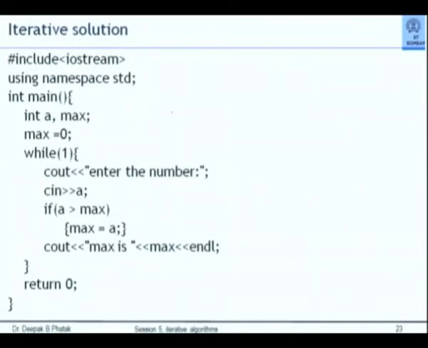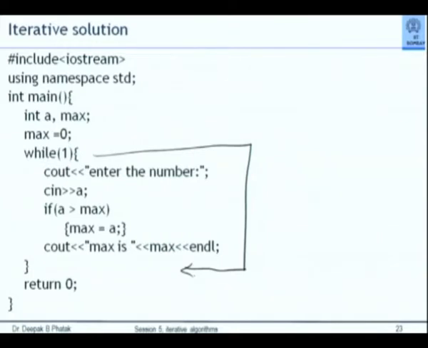The block to be repeated is from here up to here. What is stated inside the block? cout, enter the number. So I am getting one number. cin into a, that is input the number. If a is greater than max, max is equal to a. So max gets reassigned if a is larger. Output max, whatever the current maximum.